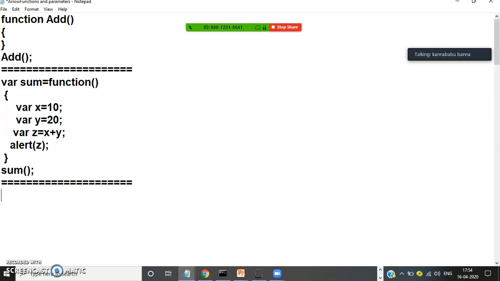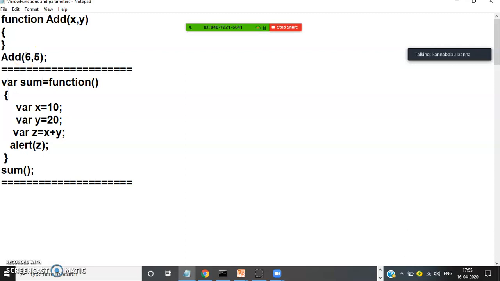And one more important point I will tell you: generally a function will take input. Generally for input you can give some parameters, and these parameters are variables. These parameters are what? Variables. If you want to pass any variable, if you want to give any input to the function, then we declare parameters for that particular function, and at the time of calling the function we have to pass some values.